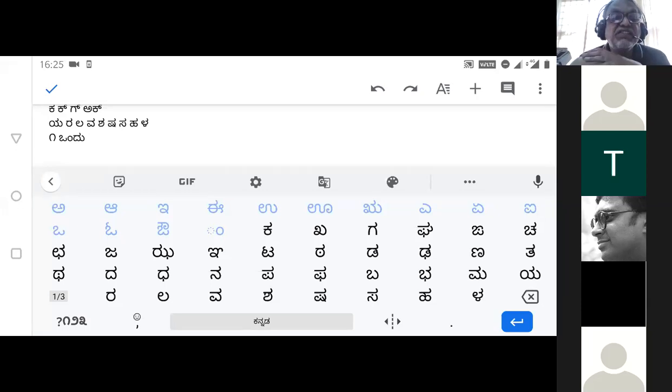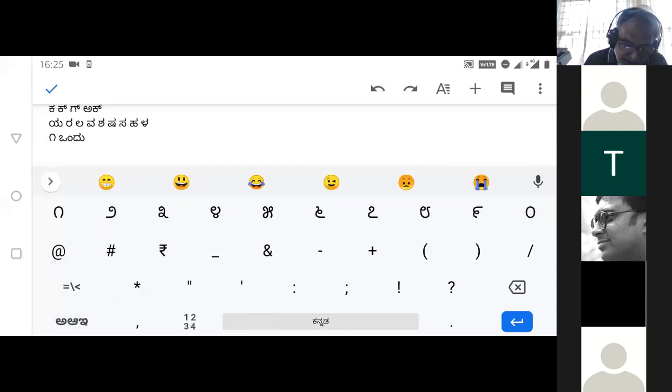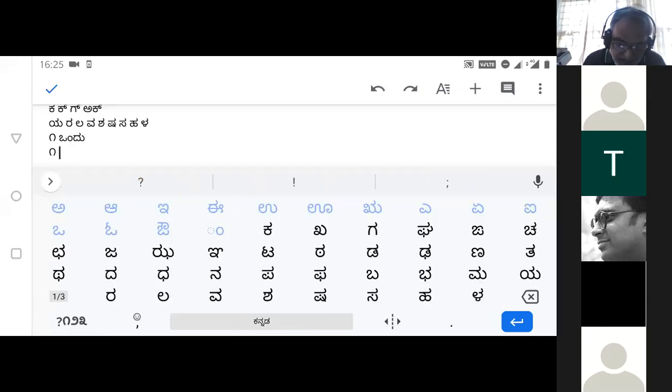Just to remind ourselves how simple it is, let's type this Vondu once more, both as a numeral and in letters. So, one, just follow me.